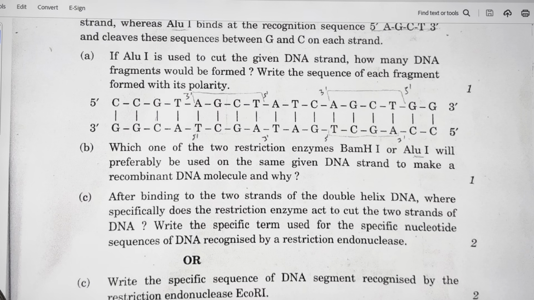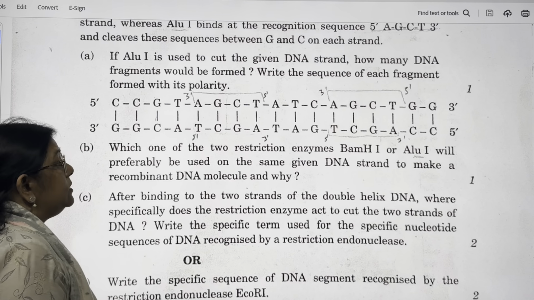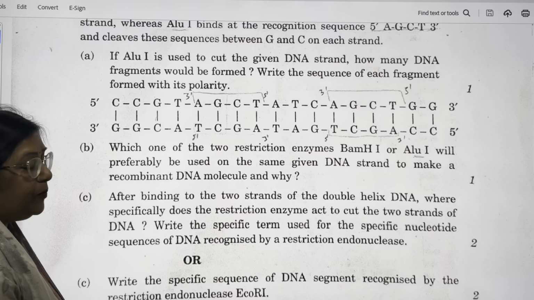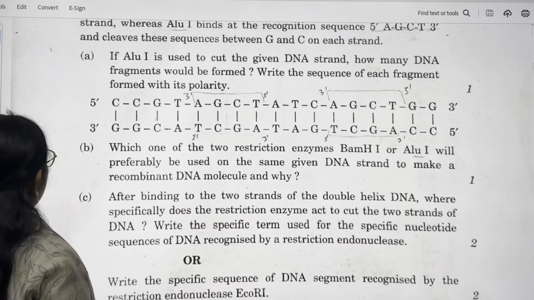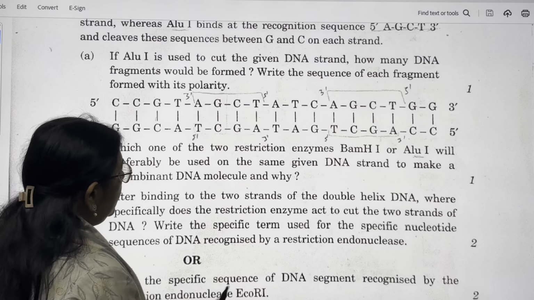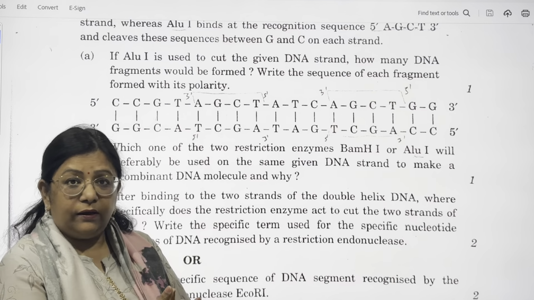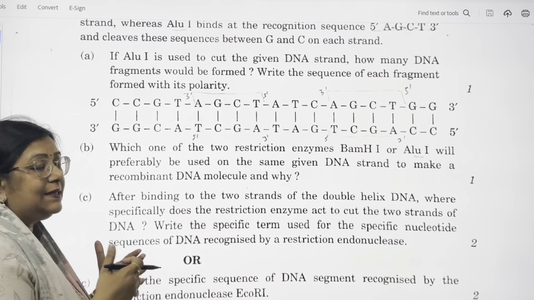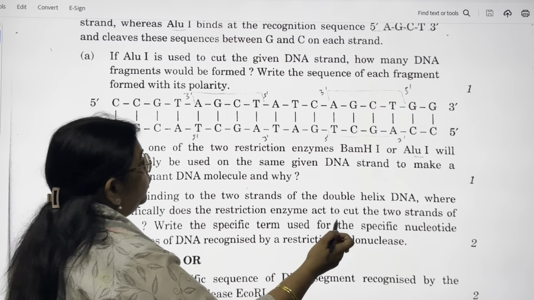Next is, which one of the two restriction enzymes, BamHI and or AluI, will preferably be used on the same given DNA strand to make a recombinant DNA molecule, and why? Obviously, AluI will work on it because there is no sequence on which BamHI works. So AluI will work on it. Now you can say that by AluI, sticky ends will not be formed, but blunt ends will be formed,